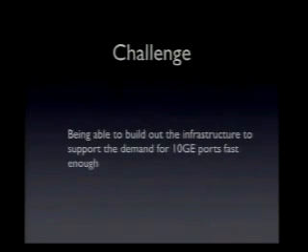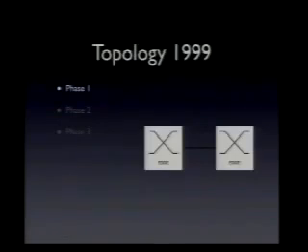The job we've set out to do is to build the infrastructure that people need to interconnect and get rid of their traffic, send it to their peers. In the next few slides, I'll go over the historic network layouts that M6 has used in the past half decade. We started in 1999 with 2 switches, one at Sarah, one at NICHF. Very simple model, but it has a few limitations.